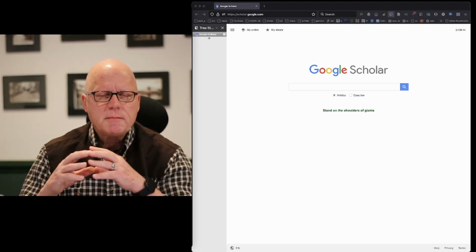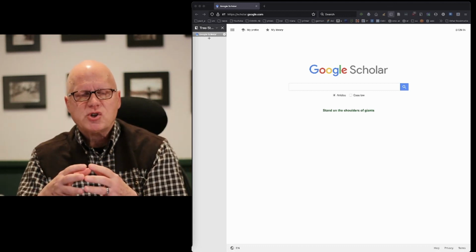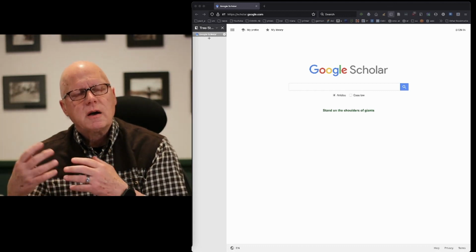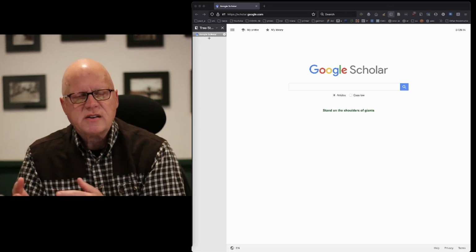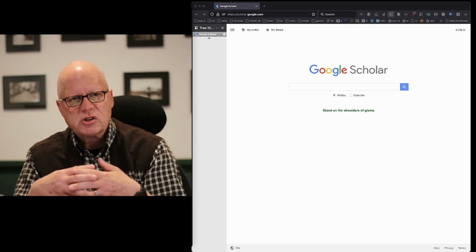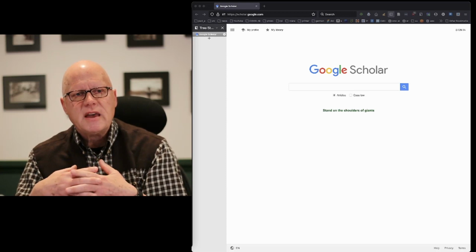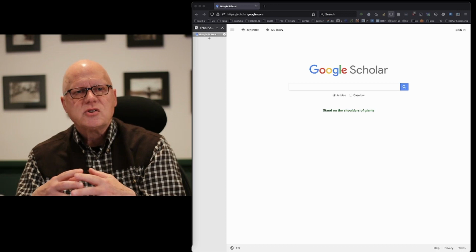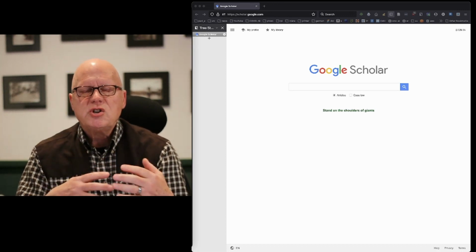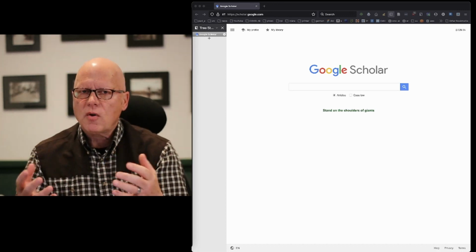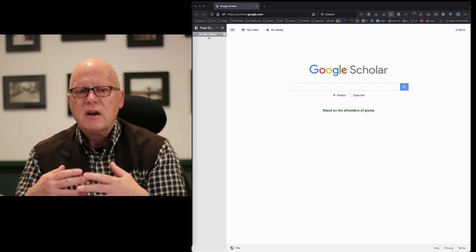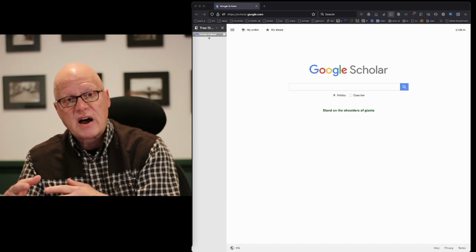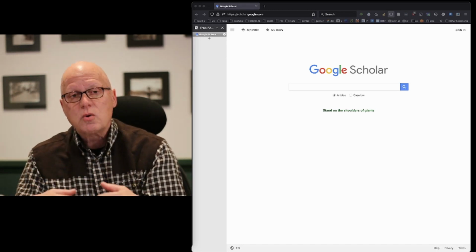Now, I'm going to demonstrate searching for information about data security and adding the sources that I find to my Zotero database so that they're available to me even when I'm disconnected from the internet and wish to continue writing. So I'll keep all the bibliographic information as well as copies of the Adobe PDF files stored locally on my